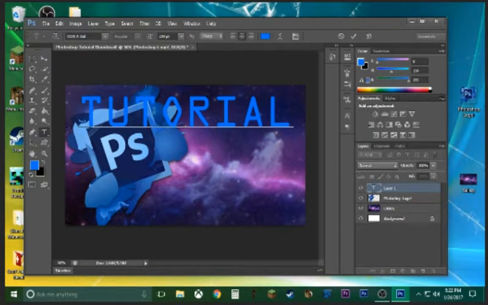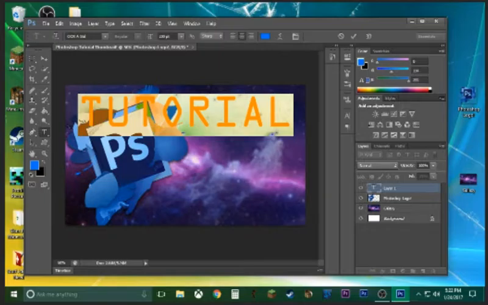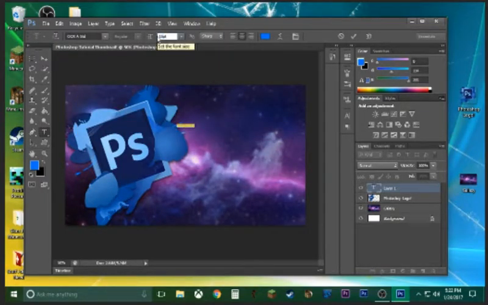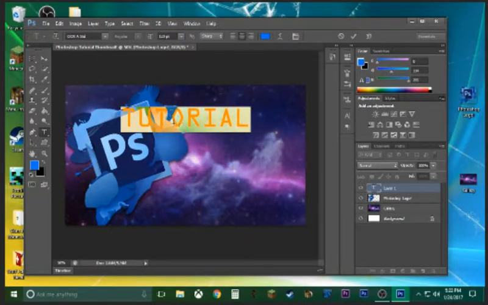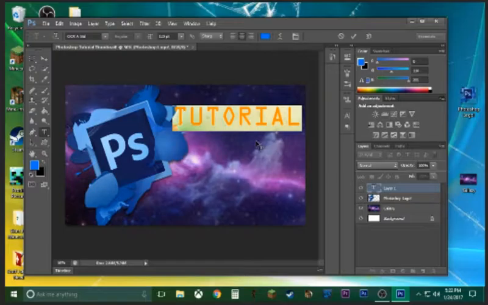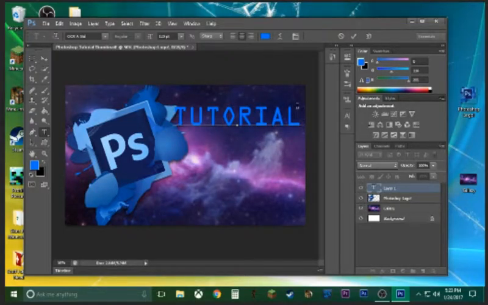So now I realize this is too big, so I need to shrink it. Maybe 165. Still too big. You just gotta do trial and error. Alright. Tutorial